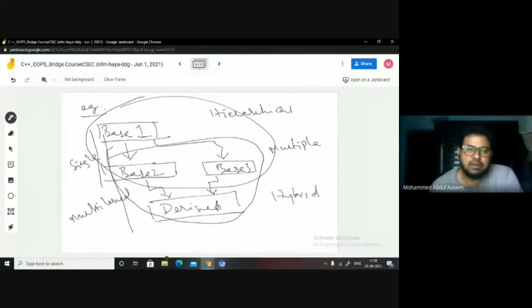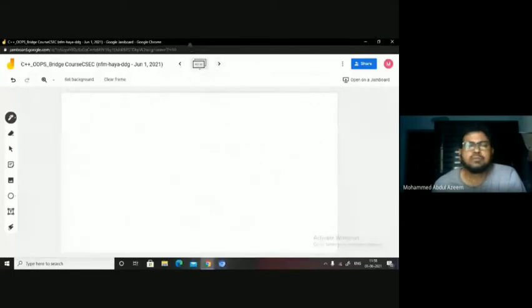If I give one example based on this, can you do it? Shall I give an assignment on this? Take one employee class, write a program to implement the following inheritances.